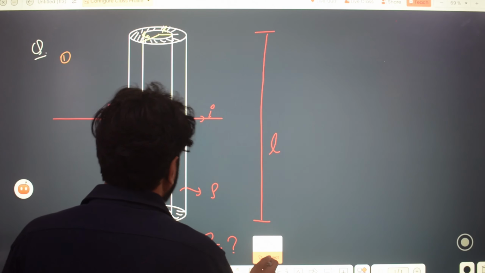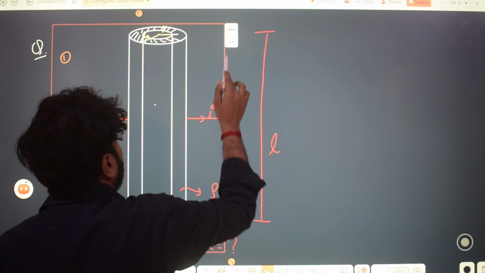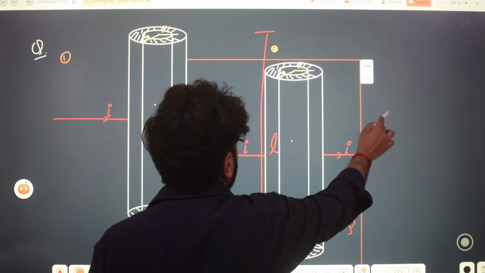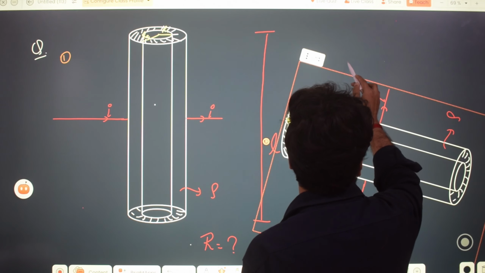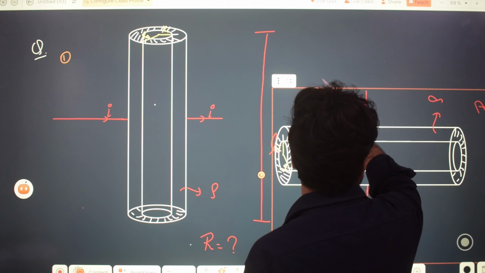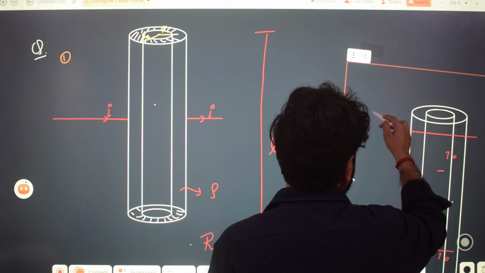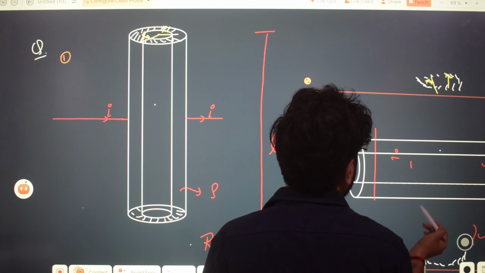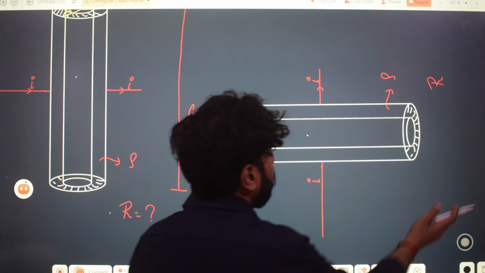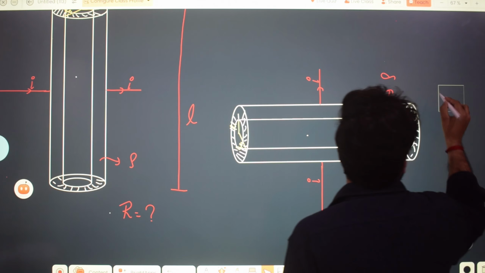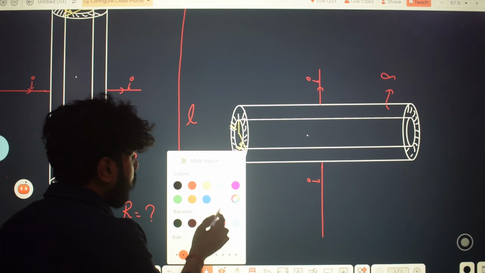Nevertheless, I'll give you the idea of how to solve this question. You have to find the resistance. The idea is pretty simple. What you can do is